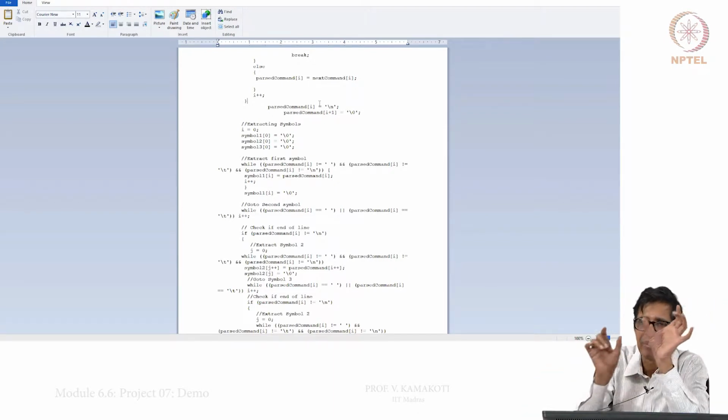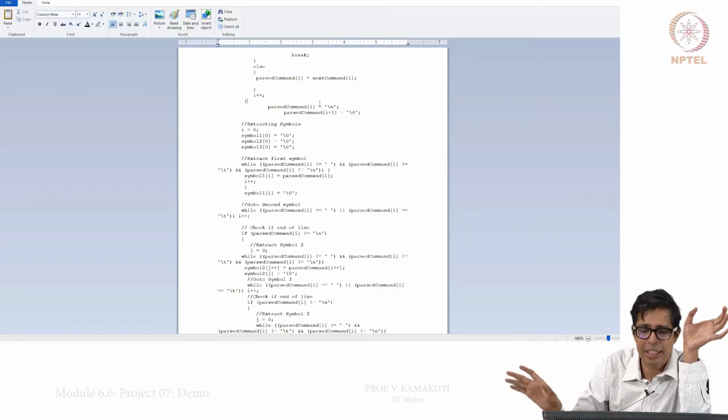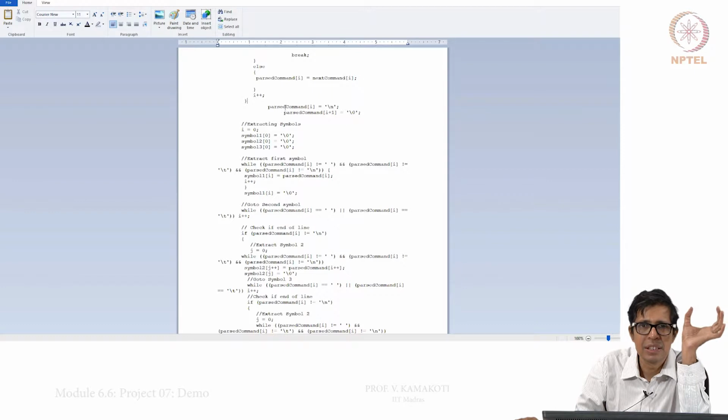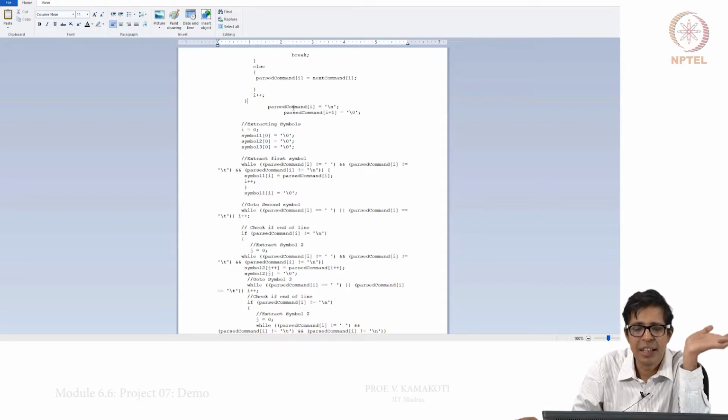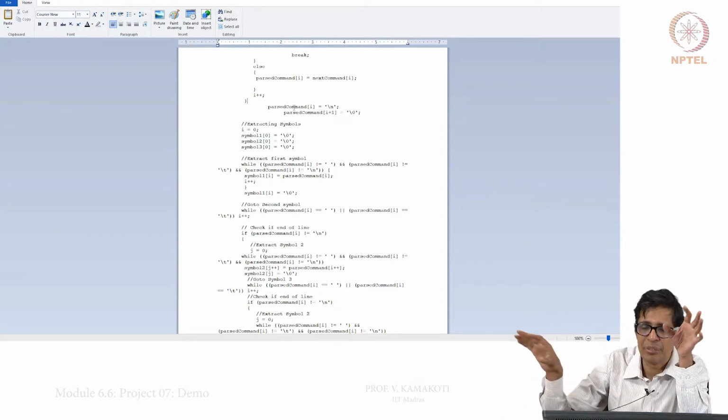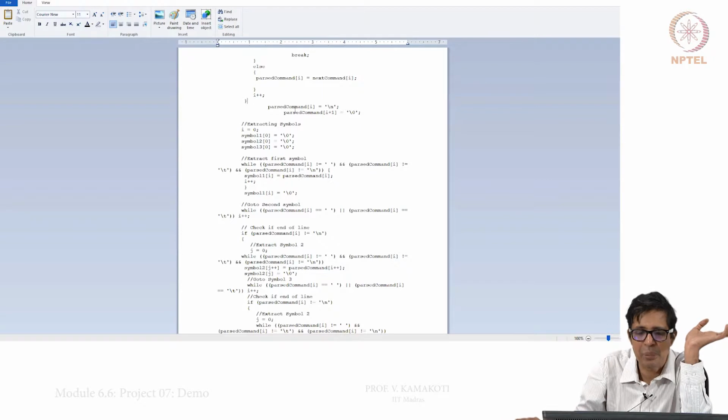If there are comments after a particular command, that also I have removed, and now I have a passed command with the first character. All the spaces before the first character are also removed in that line, and any comments at the end of the line or the start of the line are completely removed. Now I have the passed command here.